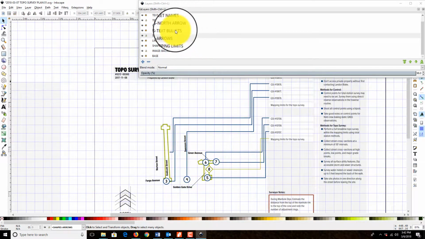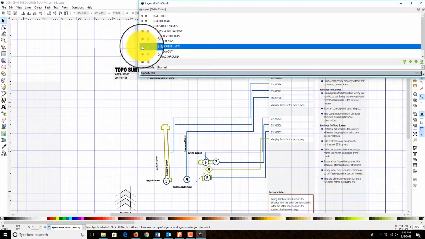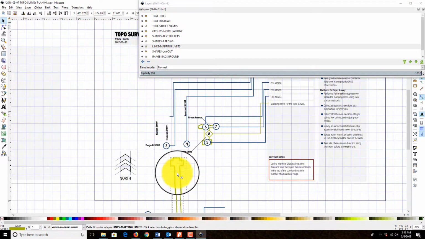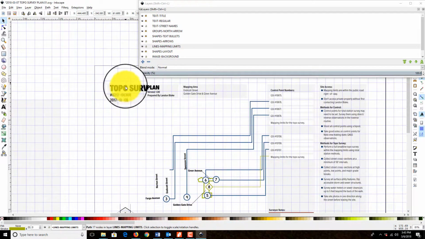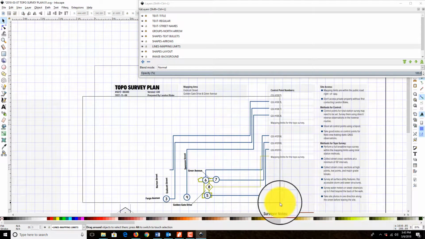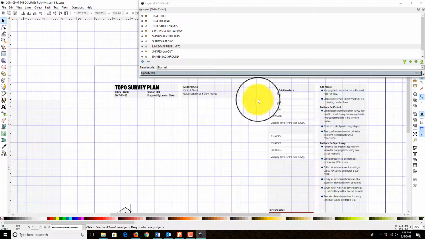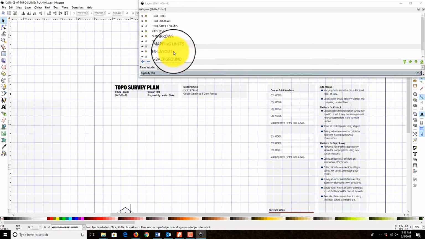Let's see. I've got a line for the mapping limits here. I'm going to unlock that because I'll want to hang on to those mapping limits. I'll move that down. Okay, and the rest of this we're going to try and delete here. Okay. And I'm going to go ahead and delete